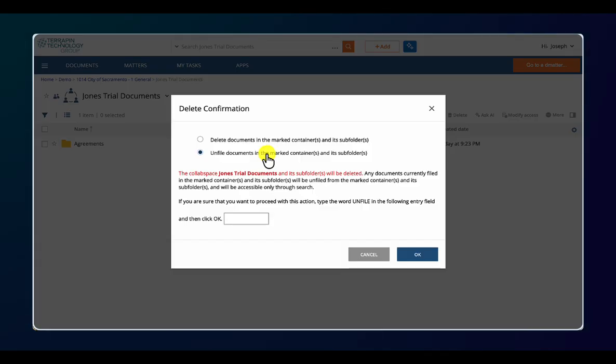Now, unfiling basically means it's going to drop all these files into NetDocuments, into this particular client matter outside of the Collabspace. If they're not profiled correctly, then they're going to be profiled to the client matter without any of the extra details. So it might be a little hard to find them if you don't know where they are or they weren't profiled correctly. So that's how I like to handle that, is I like to move them ahead of time